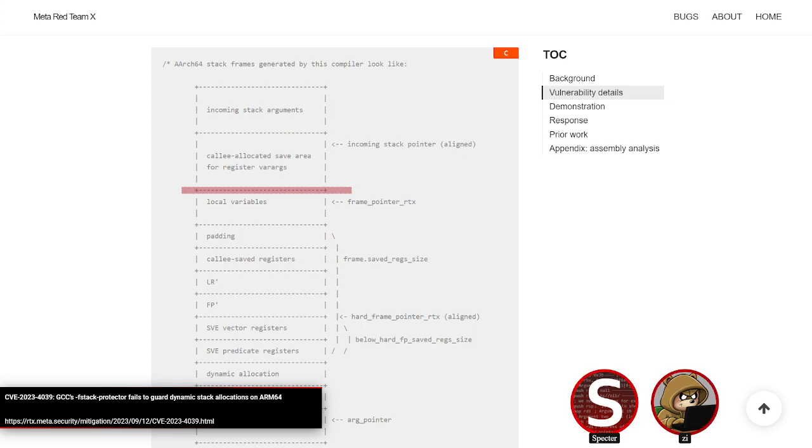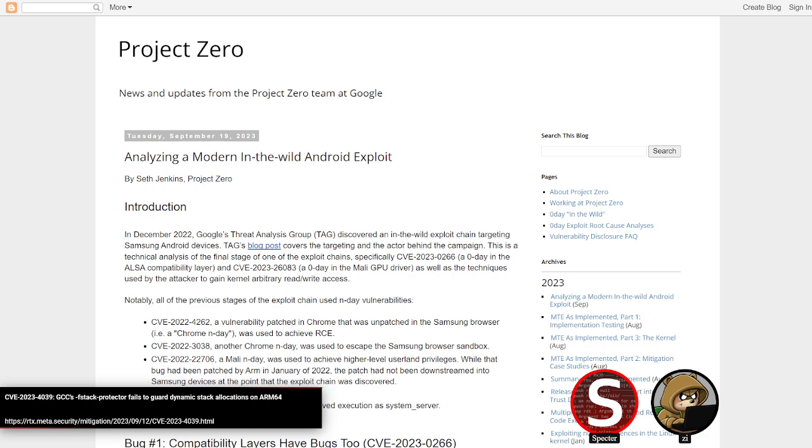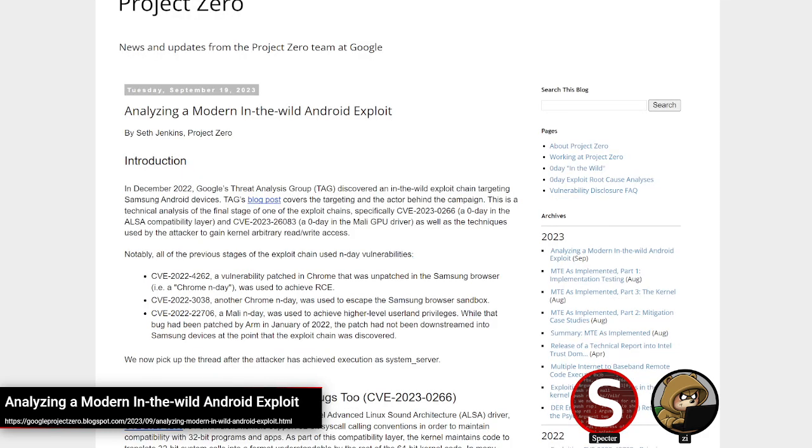Yeah. So, revisiting Project Zero put out a post on analyzing a modern in-the-wild Android exploit chain, specifically the kernel components. This all assumes that system server context has been achieved, which is a fairly privileged context. To get to system server, the chain used some n-days, including a Chrome type confusion for RCE, a Chrome UAF for sandbox escape, and a Mali GPU driver logic bug that gave write access to read-only pages to escalate to system server. From there, two more bugs were utilized, which are what's more detailed in the post.